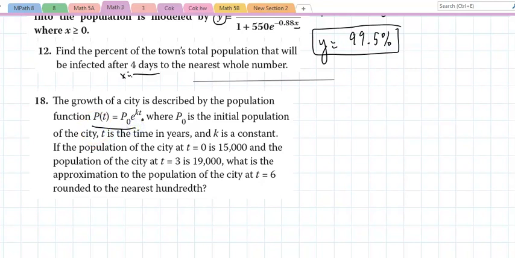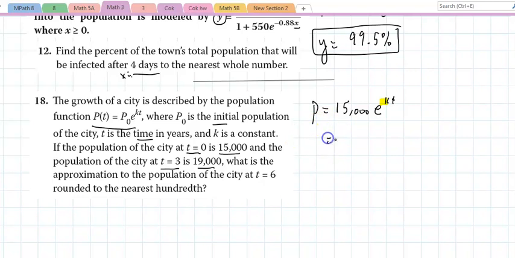We already know that. Where P0 is the initial amount, we know that. T is the number of years. K is the growth constant, okay, all of that stuff is awesome. At T equals 0, the population is 15,000. That means automatically P equals 15,000 e to the kt. Got it. All I need to find now is K, and I'm set. And the population of the city 3 years after is 19,000.